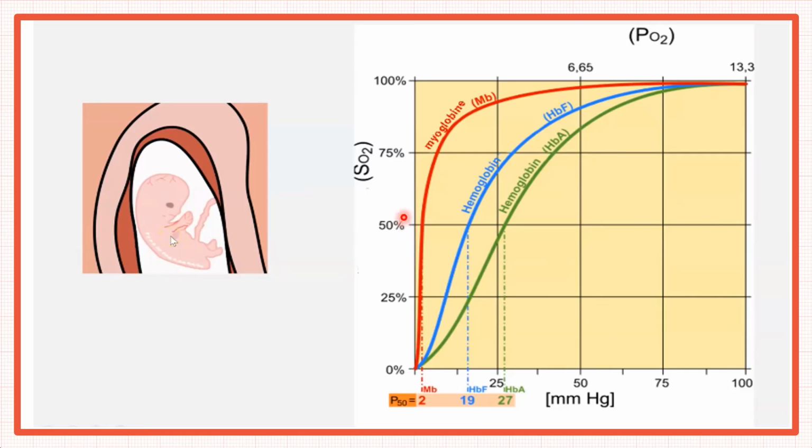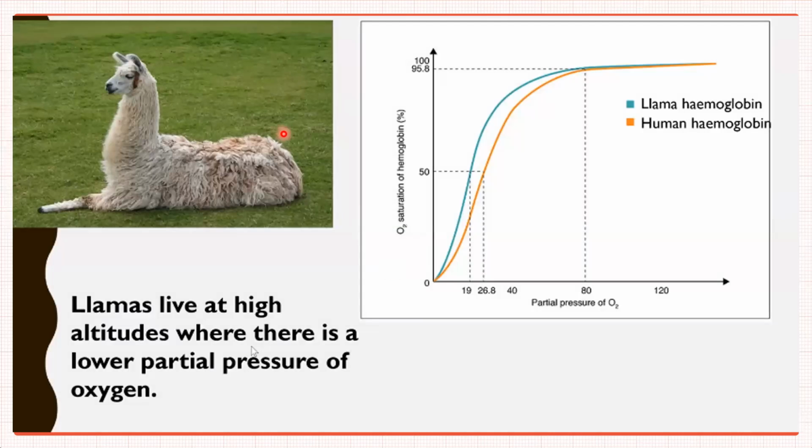तो fetal में, जब partial pressure low है, तो this hemoglobin has high affinity for oxygen, and you can see the curve as well. It is shifted towards the left. Now you focus upon the llama. Llama also lives at high altitude. It means high altitude में partial pressure oxygen का कम होगा. ठीक है? Whenever there is low partial pressure of oxygen, it means high affinity of hemoglobin for oxygen. You can see the orange and the blue curve. The orange one is for the human hemoglobin and the blue one is for the llama. You can look at these values as well. The curve has shifted towards the left.